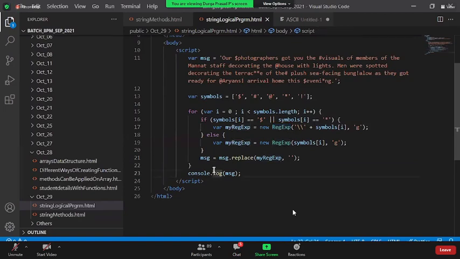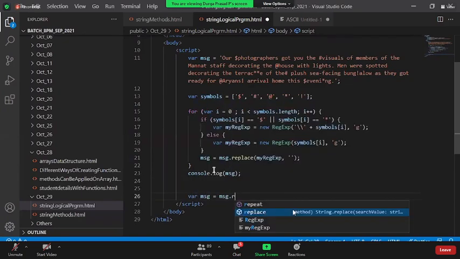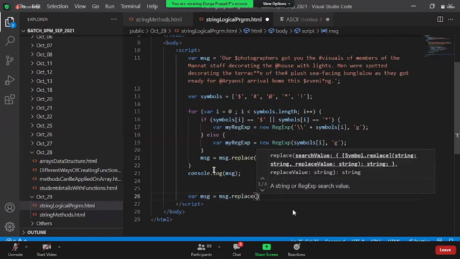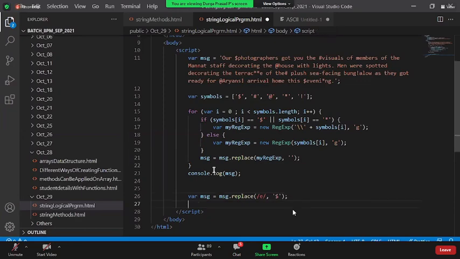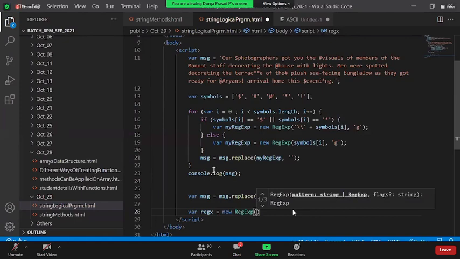What I mean to say is, for example, earlier we have seen msg = msg.replace of E with dollar. This is what we have seen. The other way is var regx = new RegExp of E comma g, for global repeat.